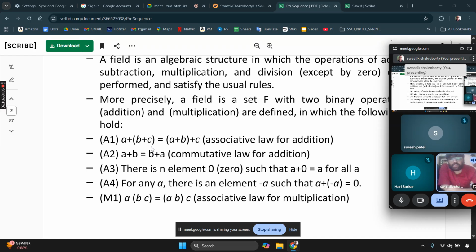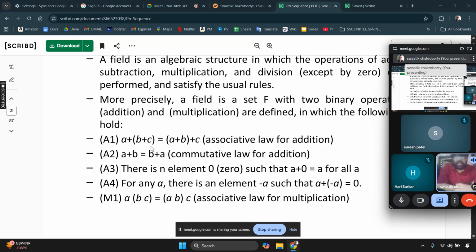The addition properties are A1 through A4, which a field has to satisfy. One is (a + b) + c = a + (b + c), called the associative law. Another is a + b = b + a, the commutative law, where you can interchange the operands. Then there is an identity element of addition, such that a plus that identity is equal to a. What is that element? Since this is abstract algebra, we say element, not number. It is 0. And then there is the existence of an inverse.